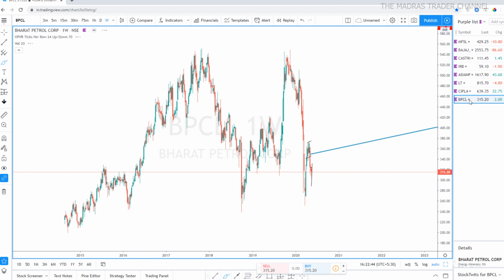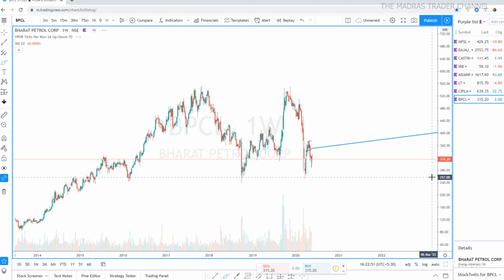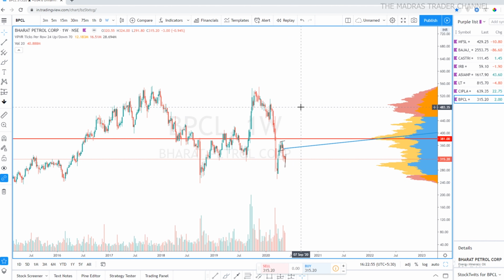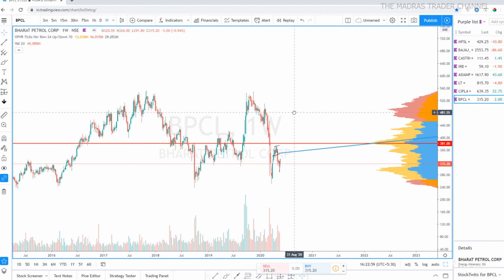Okay guys, this is not a call. Please don't go and buy Cipla the next trading day. This is just for educational purposes, and please watch it, and then you can take trades. Backtest it and see if you are comfortable enough. Not everyone is a fan of volume profile because of its learning curve. It takes time to become proficient in volume profile. So backtest it and see if it is working for you.